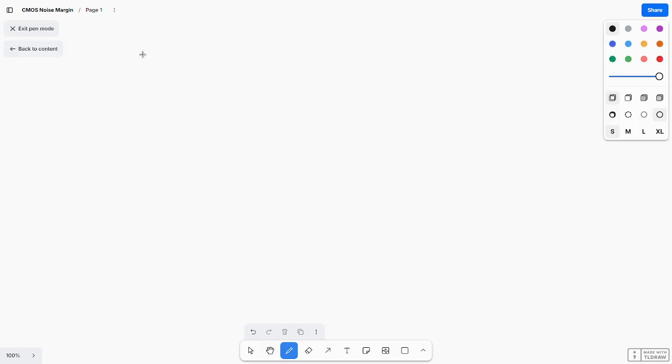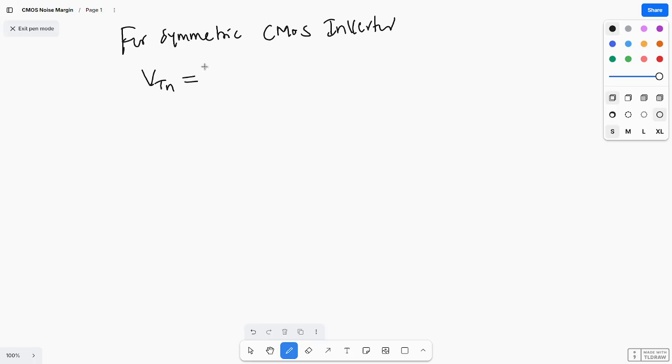So in the problems we'll use the symmetric CMOS inverter. For a symmetric CMOS inverter, we will consider that Vtn equals Vtp, and the ratio Kn by Kp, which is equal to kr, I will consider as 1. If you substitute these values in the above equation, you will get